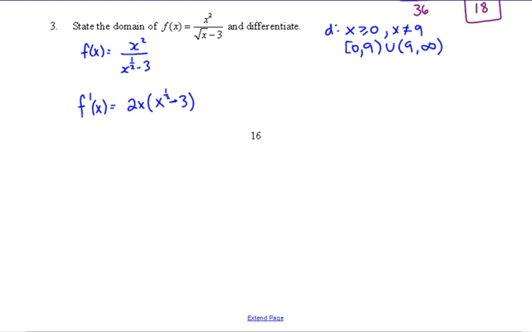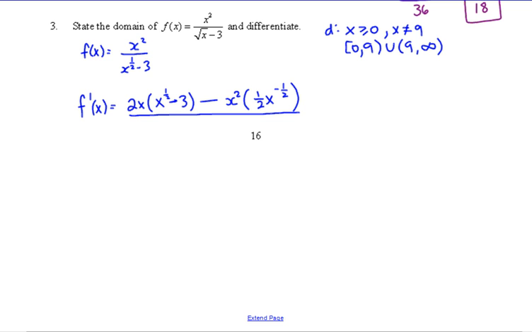Derivative of the top times the bottom. Just leave the bottom, times it by the bottom. And then minus the top times x squared times the derivative of the bottom. What's the derivative of the bottom? 1/2 x to the negative 1/2